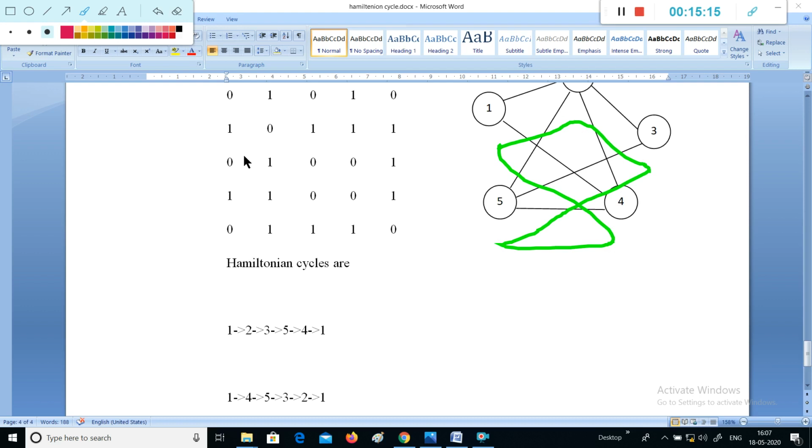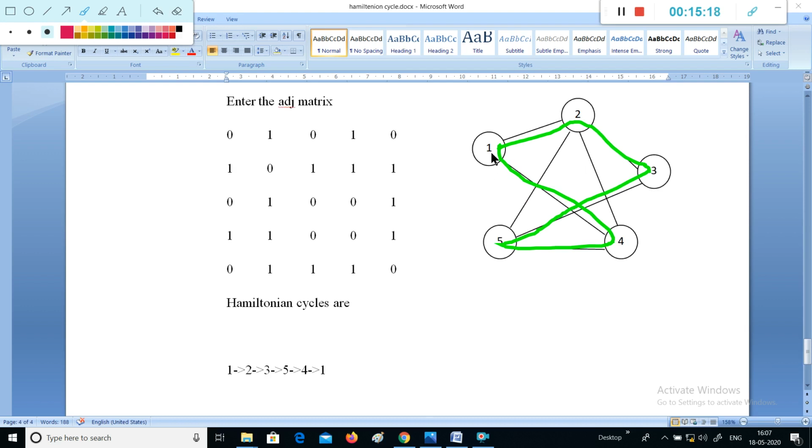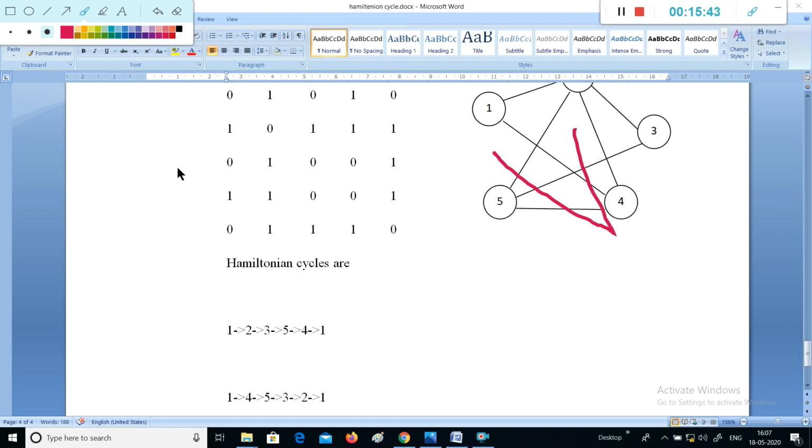Like that, there is another cycle in this graph. Just see here: 1 to 4, then 4 to 5, 5 to 3, 3 to 2, 2 to 1.